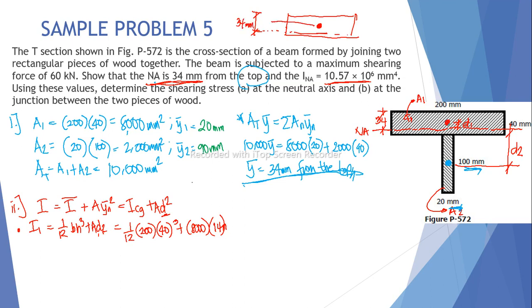Since this distance is 20 millimeters, the remaining distance to the neutral axis is 14 millimeters. That's why we multiply by 14, and we get I1, the moment of inertia 1, which is equal to